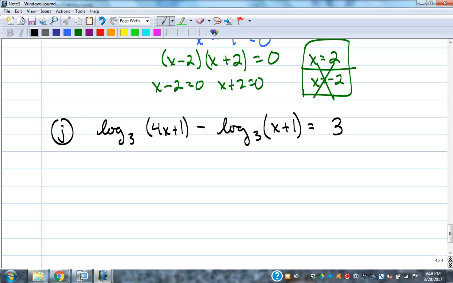Got two logs on the left side with a minus between them. It turns into division. So it turns into log base 3 of